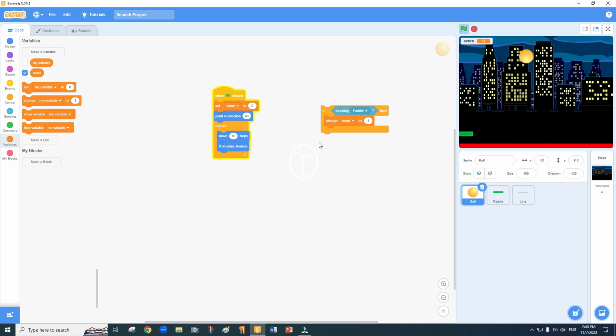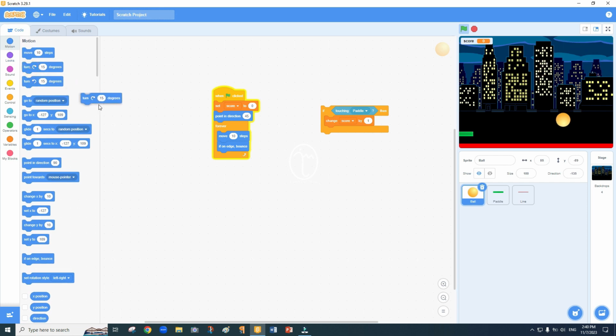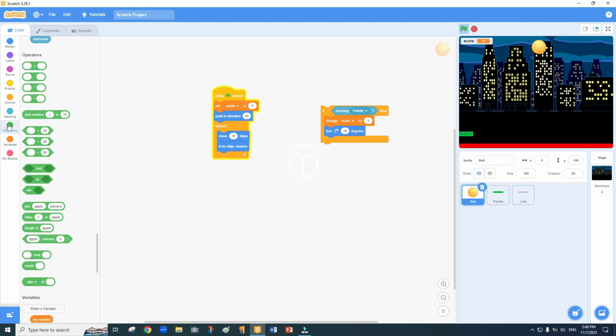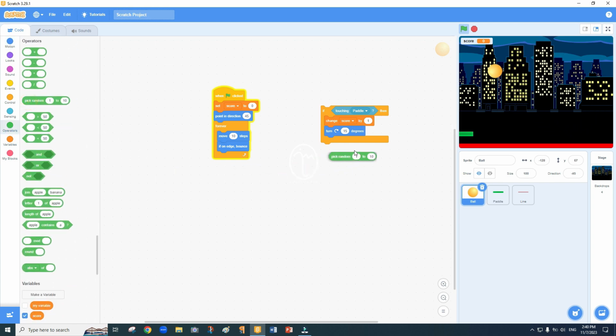Then the other thing we want is after it touches the paddle, we want it to have a turn to bounce back upward. So we are going to choose motion, and then we choose turn clockwise 15 degrees, and where it is written 15, we are going to put another operator there. So we go to operators and we say pick random 1 to 10. So turn clockwise, pick random 1 to 10, and we change 1 to 179 to